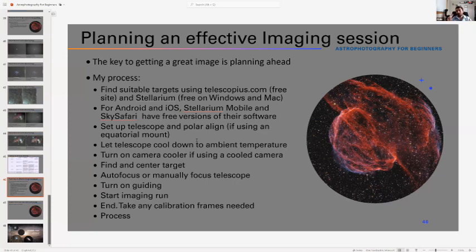Personally, for me, I have only 2 sets of settings that I use, one for the summer, one for the winter. For the summer, I set my camera temperature down to -10 because that's the coldest I can do if the outside temperature is 25 degrees Celsius. For the winter, my camera cooling temperature is set to -25 degrees Celsius because that's as cold as I would ever be imaging in. And my camera can always reach -25 degrees in the winter.